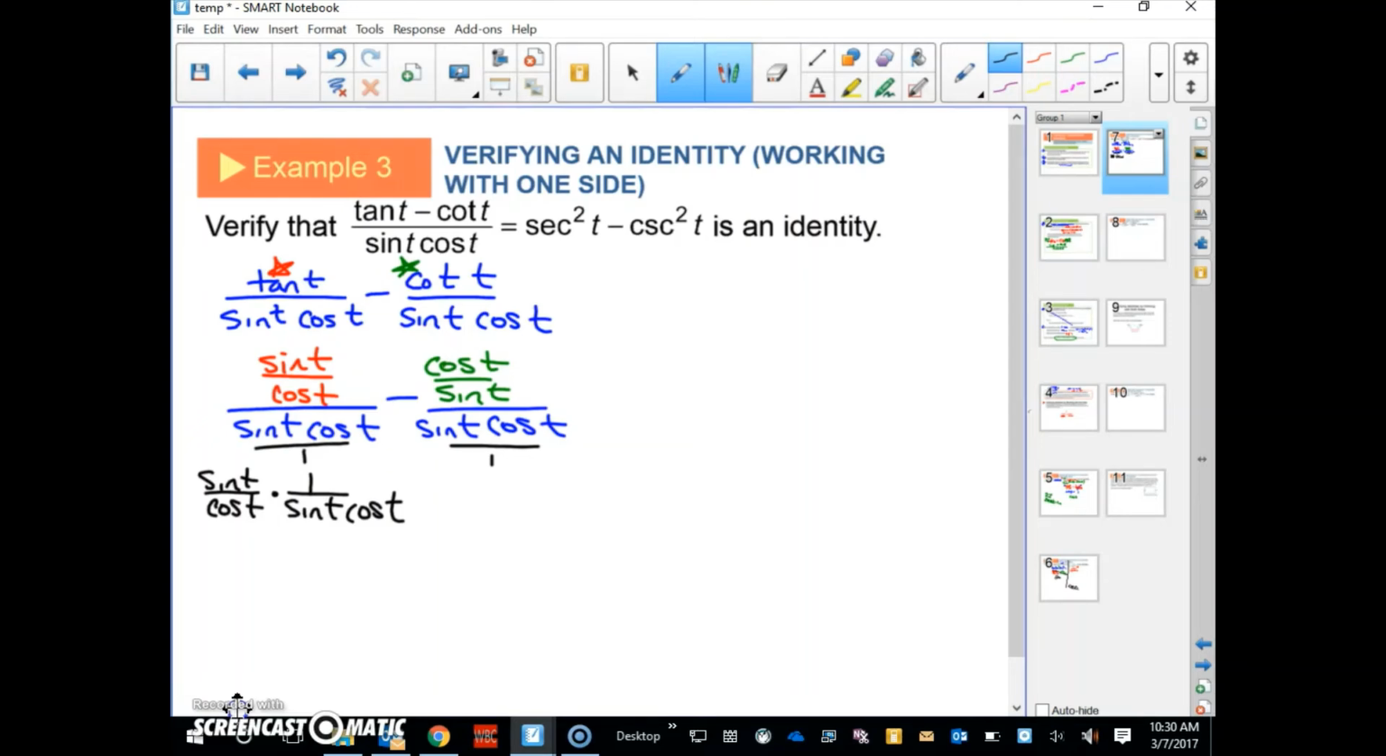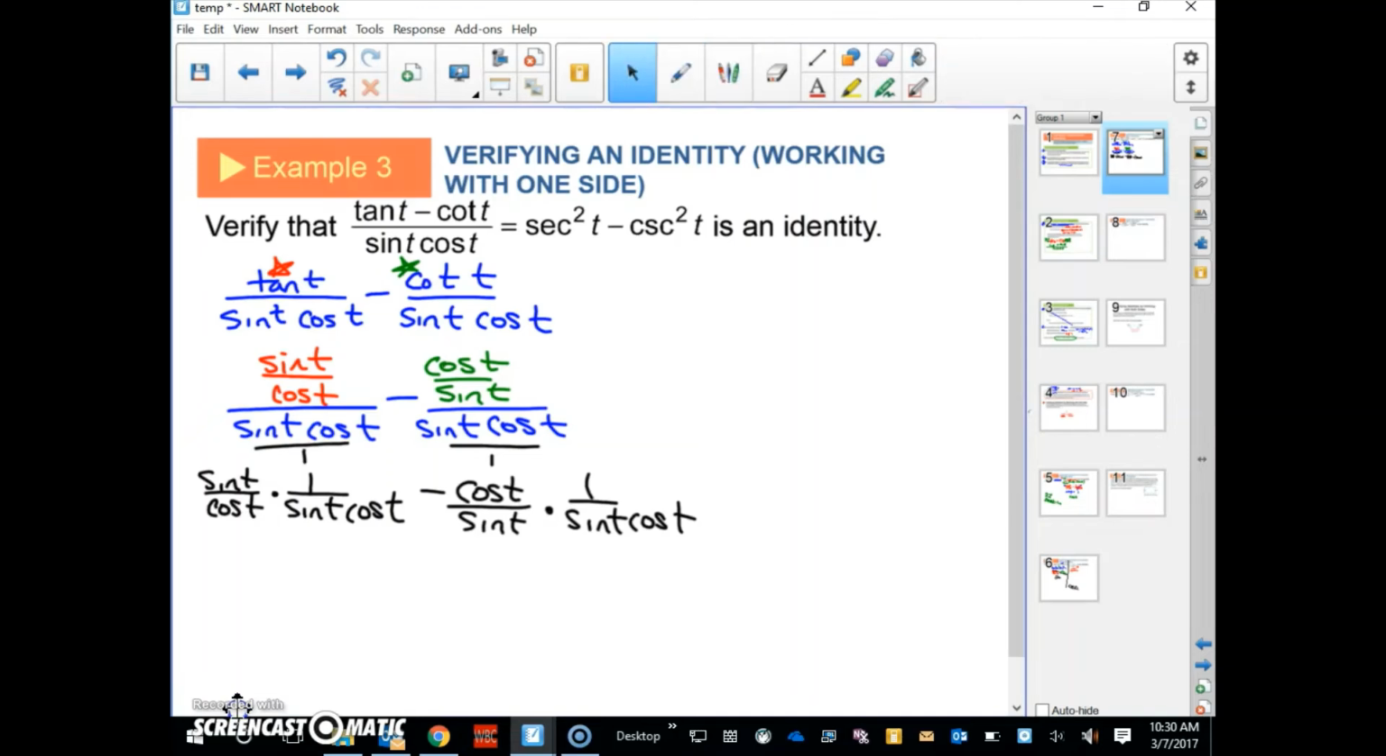Something's going to cancel out. This is going to be nice. Okay? This is going to work for us. Minus cosine t over sine t times that reciprocal, 1 over sine t cosine t. So again, the very best of you are going to see what cancels out. You're going to see what's left and what that turns into, and you're going to be able to see